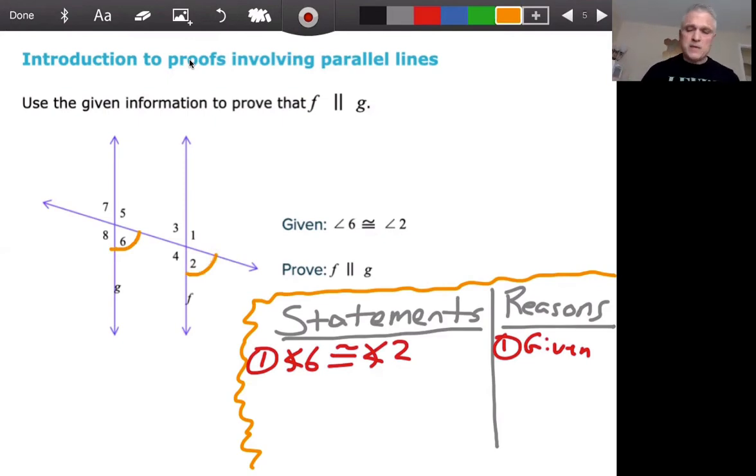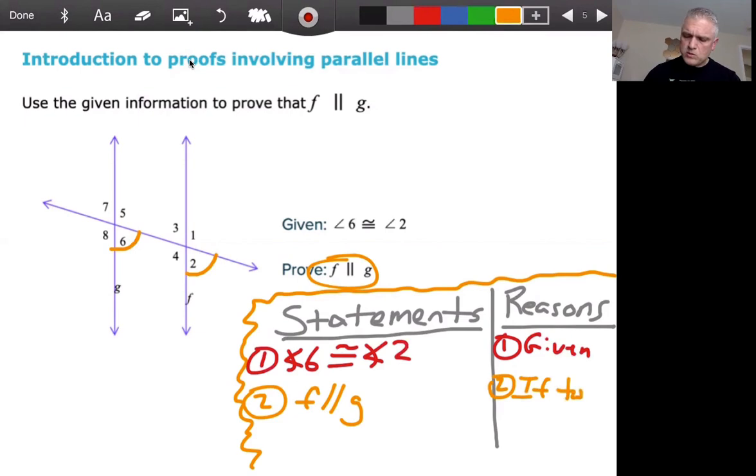If they tell me angle 6 is congruent to angle 2, then there is a theorem that says that if corresponding angles are congruent, then the 2 lines that are crossed by the transversal must be parallel. That's all I want to know. We've already said that these 2 angles are congruent. They're corresponding angles. So because of that, I can say line F is parallel to line G, and the reason is,